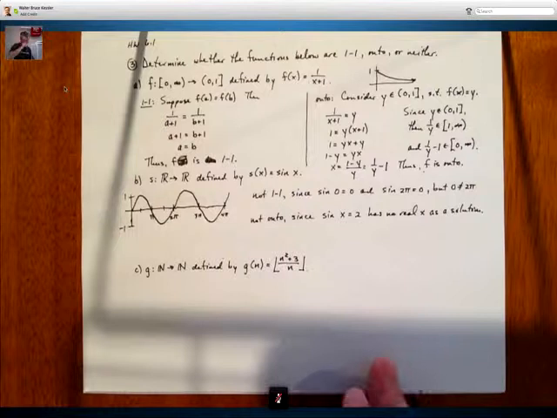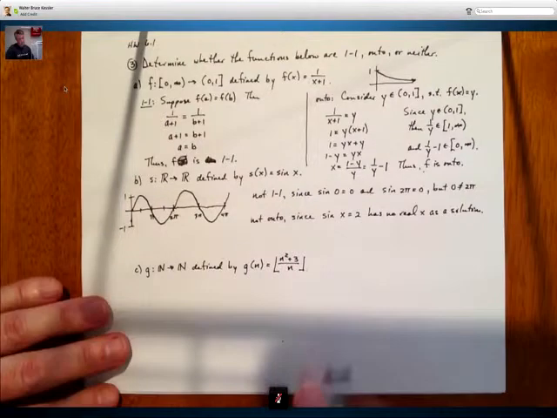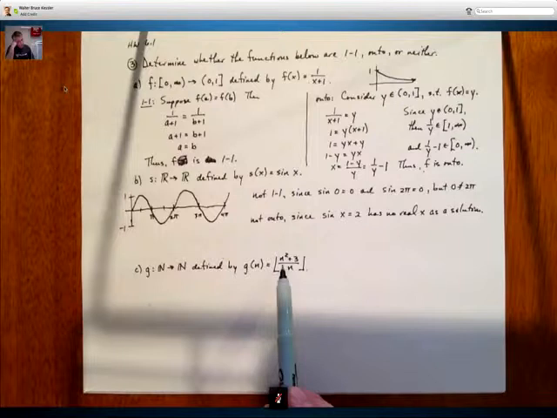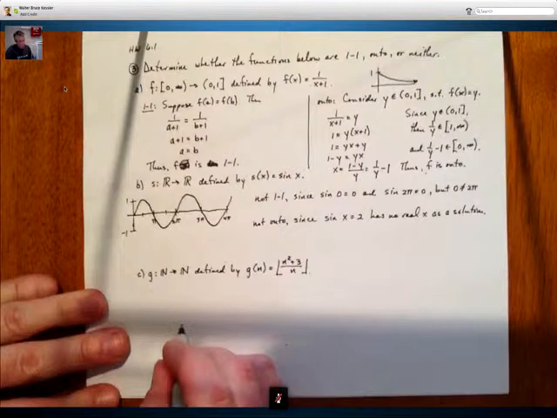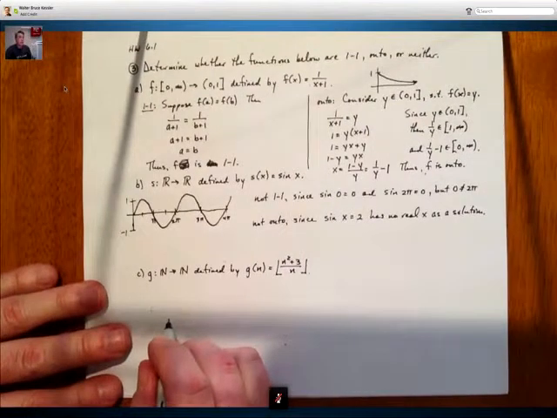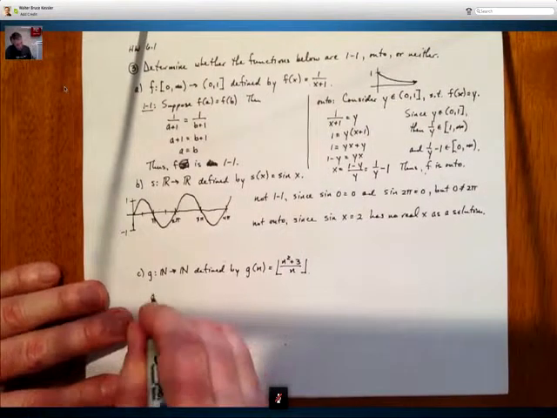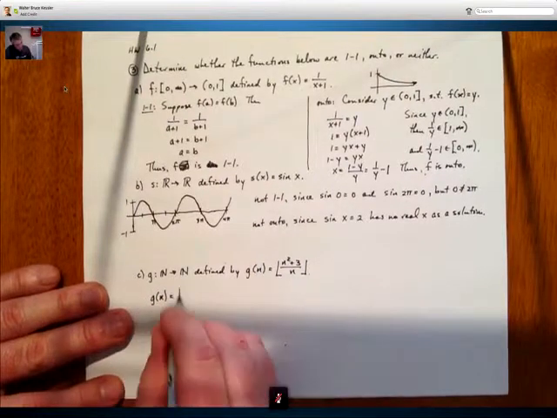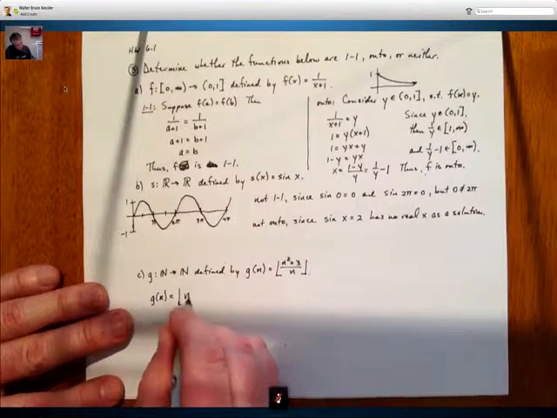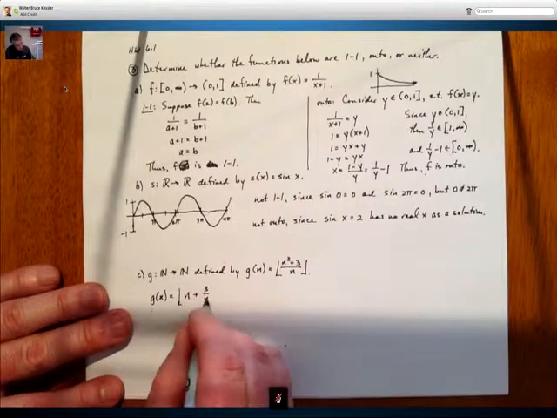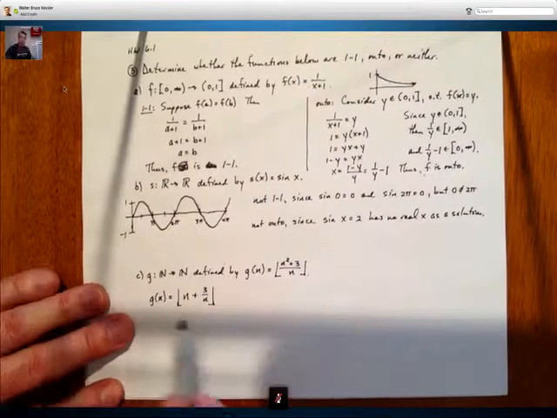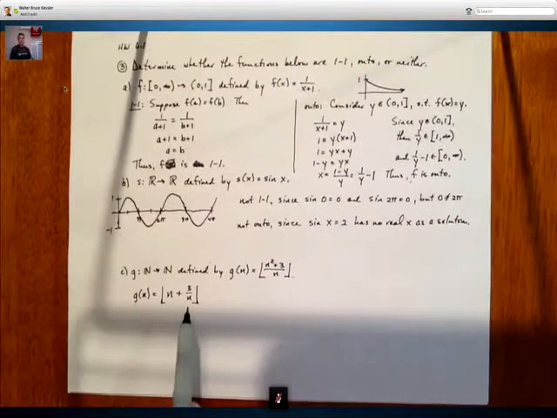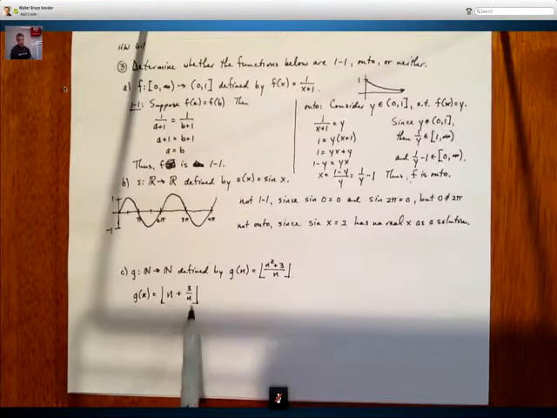Okay? And then C, you might have to stop and think about C. This is from natural numbers to natural numbers, defined by the floor of n squared plus 3 divided by n. And I guess what I had to do is, let's start thinking about, okay, what happens if you start plugging in numbers? And really it made sense to me to simplify this. This is the floor of n plus 3 over n. And the reason that made sense to me is because once n gets up to 4,